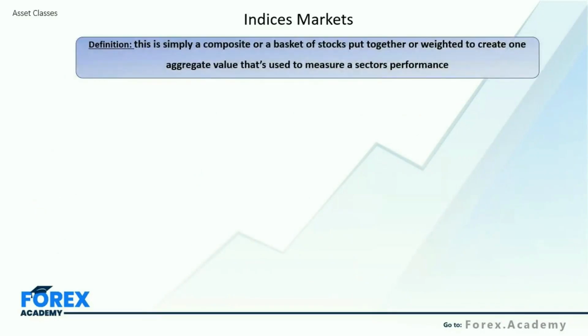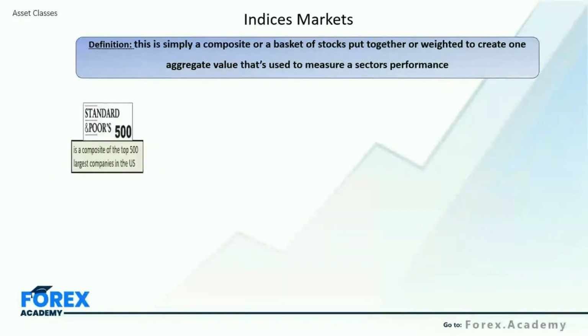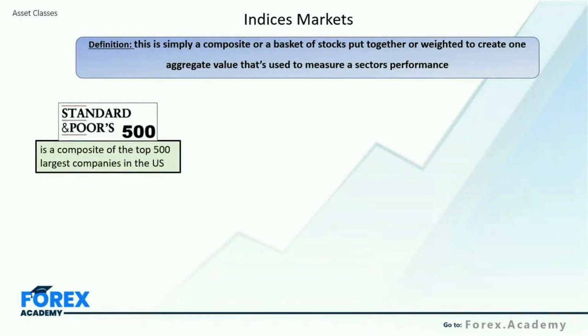and to start with a definition, this is simply a composite or a basket of stocks which have been put together or weighted to create one aggregate value that's used to measure a sector's performance. And that's the important part to take away from the variety of different global indice markets. So just to give you an example, you may have heard of the S&P 500. Now, the S&P 500 is simply a composite, a combination of the top 500 largest companies in the US in this particular example. Now, a price is quoted for that S&P, and that is traded by many financial institutions on